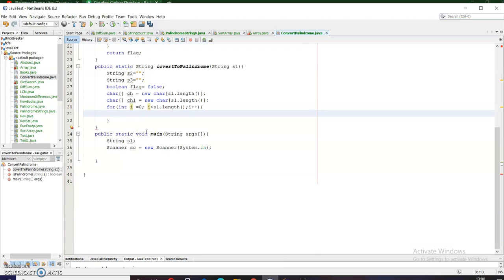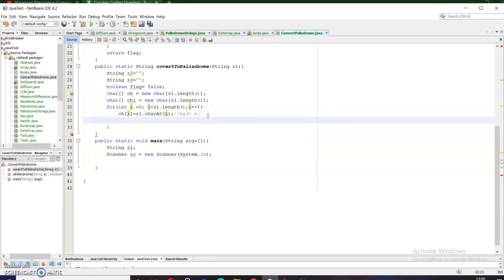So what I need to do is take out the first character, and I will initialize the first character in the character array ch, at the ith index, with s1 dot charAt I. So now suppose I have the string as mad, then it will output m.